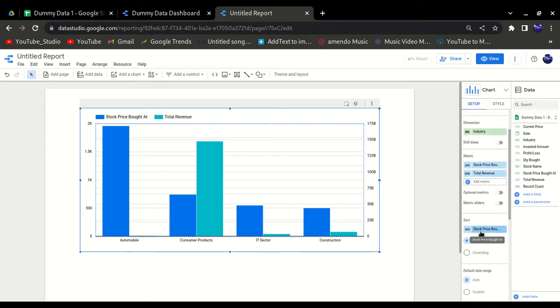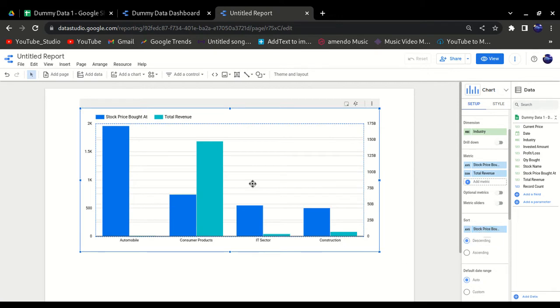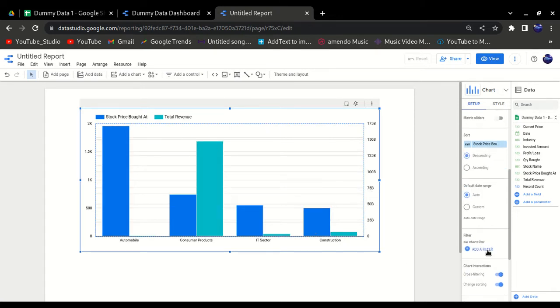Now the most important thing: the bar chart should look tidy. It should not be random. In this case, for example, I want to sort this bar chart with the help of total revenue. So it will give me total revenue like this, or if I want to sort it by price, it will give me like this. Similarly, we have different options here. The second option, which is very important and very useful in a bar chart,